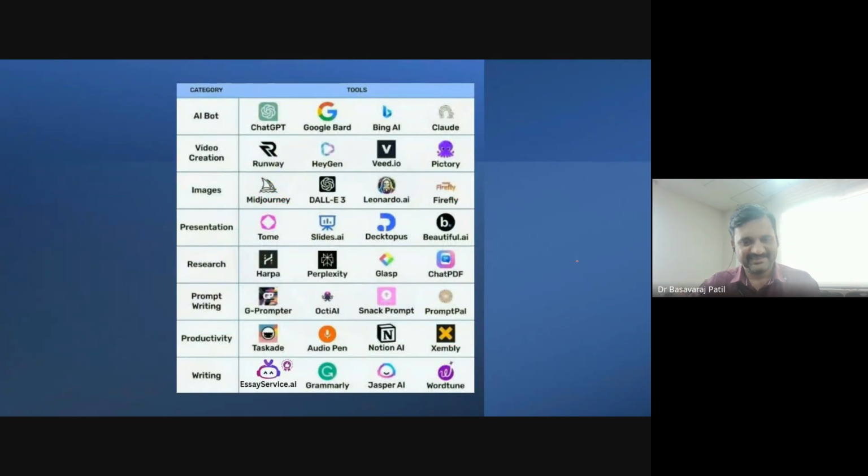And based on the categories I listed, just to understand, for AI chatbots, for video creation, for images. Most of our students are already using almost all the tools, but they are not aware of how they benefit, or how they are required to utilize them for building models and their own products, and getting into entrepreneurship.